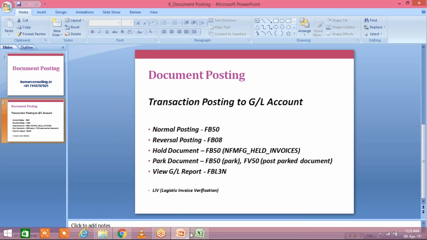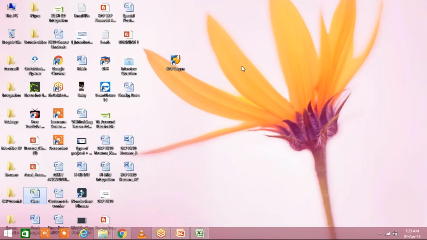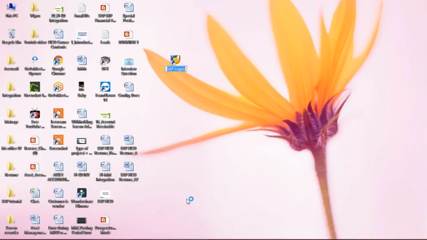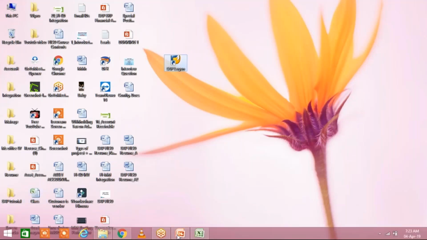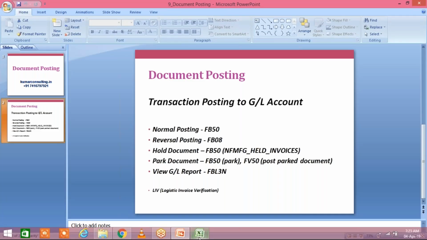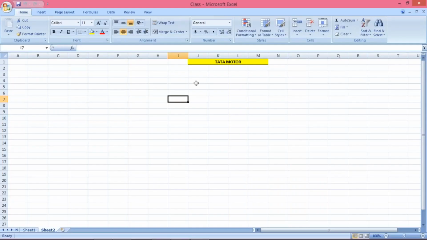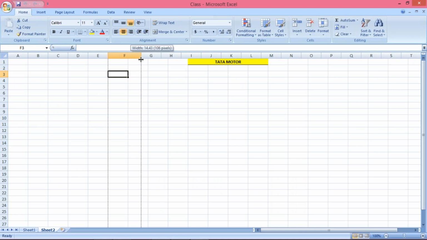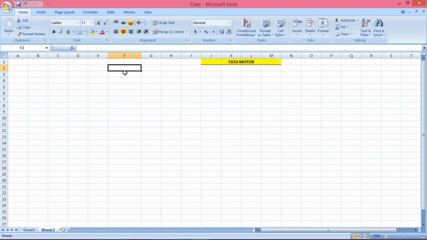Now we'll do one thing. Let me log in. Then we are having reversal posting. Now what is this reversal posting, guys? Let's suppose we posted a transaction yesterday, say for example, rent account debit and bank account credit worth of